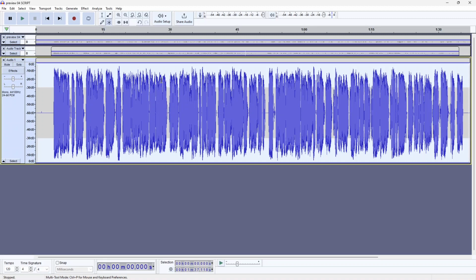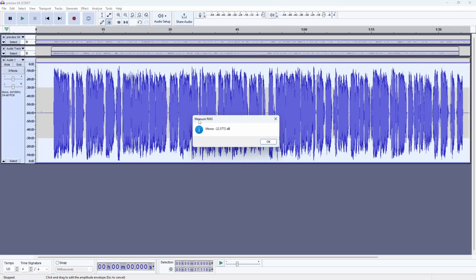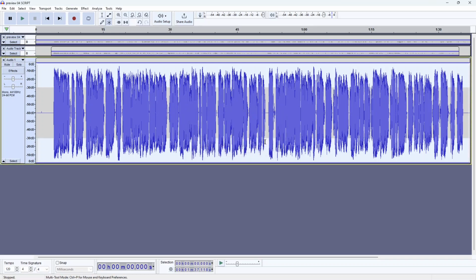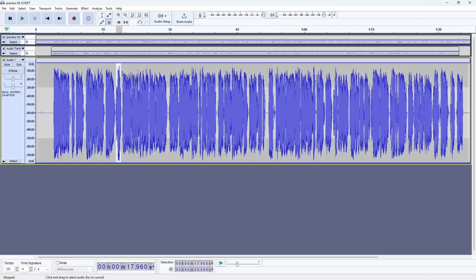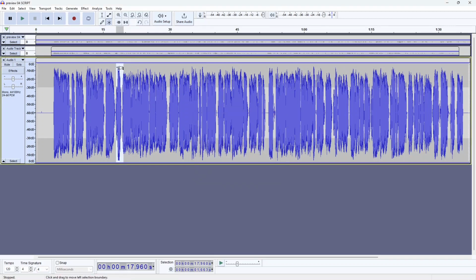Now that we have brought the levels of everything up, we want to have a way of seeing how we're doing overall. If you measure the RMS, it's kind of this magic noise number of the entire selection, in this case, the entire 1.5 minutes, and it's set to -22. That's overall a little too quiet for me because look at this. It's at -3.2 decibels, and it is next to